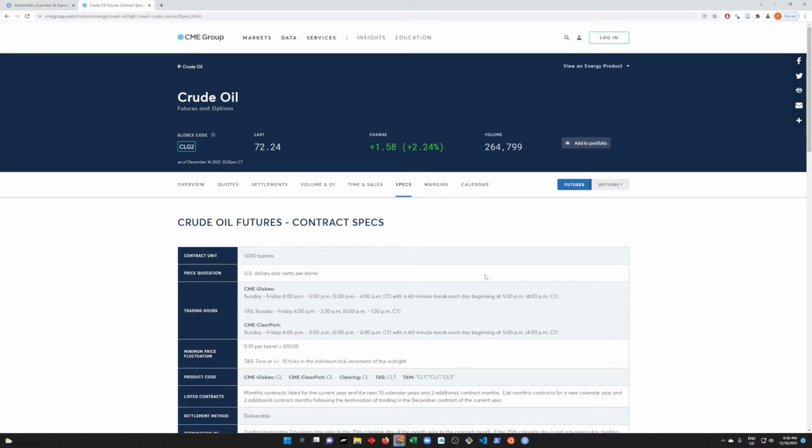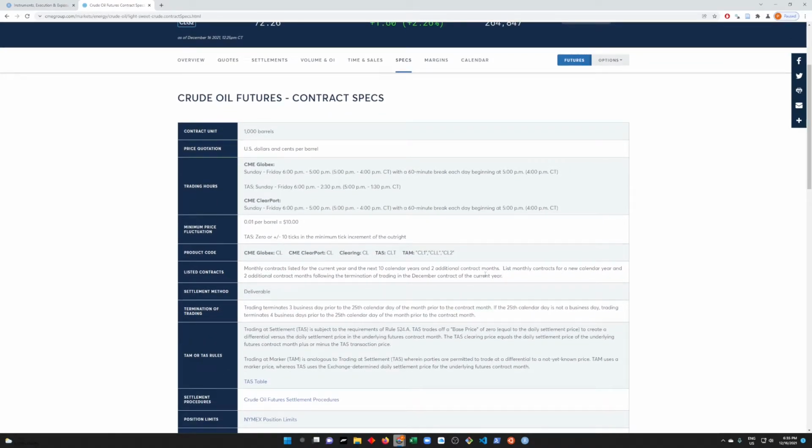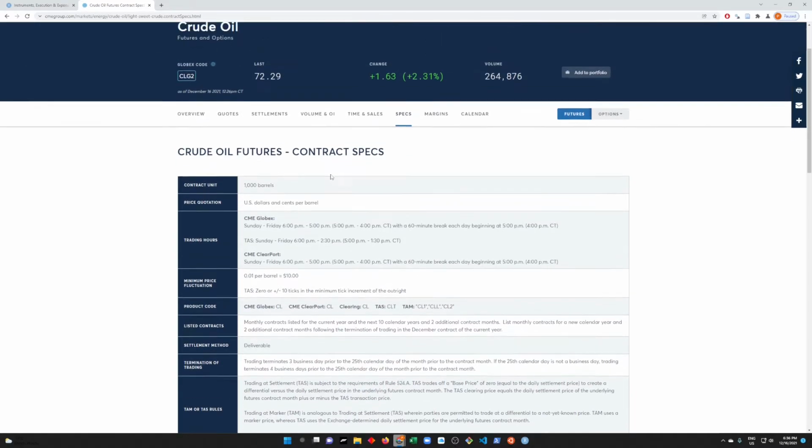So there are many things that are important for every contract that you may trade. Obviously, the quantity of the contract, how to read quotes, in this case in US dollars and cents per barrel, and also, very importantly, the rules at settlement. So whether the contract that you trade is physically delivered or financially settled. It has implications: if you don't exit your position before expiry of a physically delivered contract, you will have to take delivery or provide delivery to the exchange.